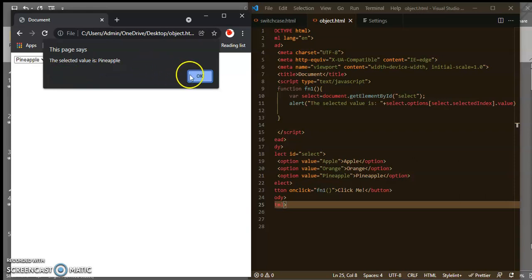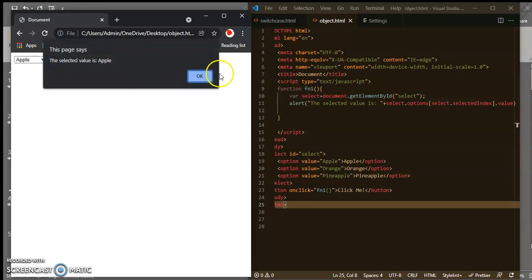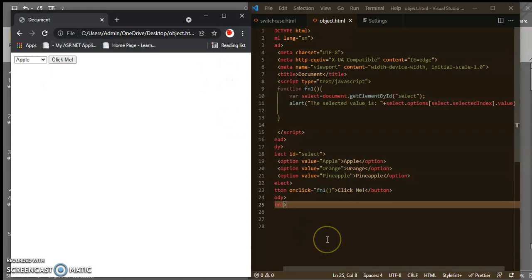The selected value is pineapple, right? Orange, click me. The selected value is orange. Apple, click me. The selected value is apple. So this way you can create the drop down and fetch its value using select.selectedIndex.